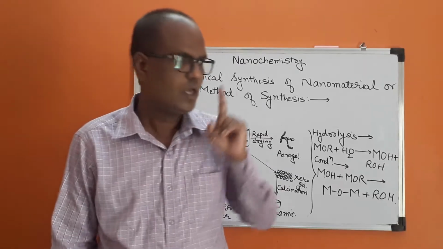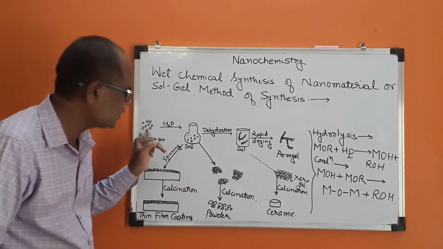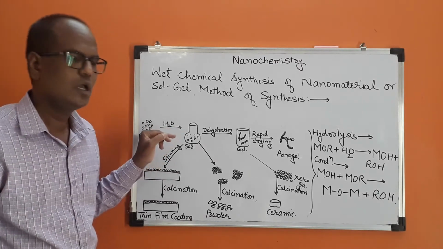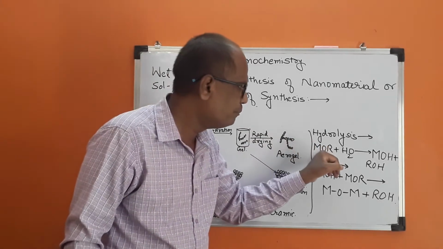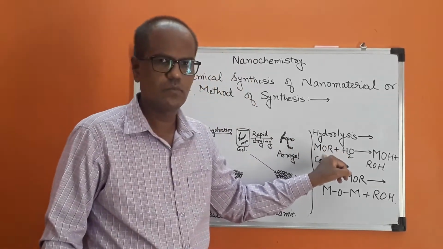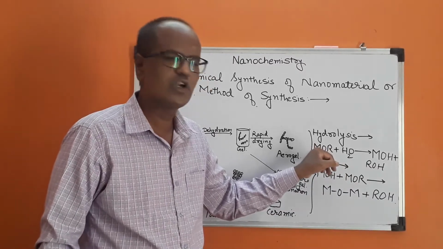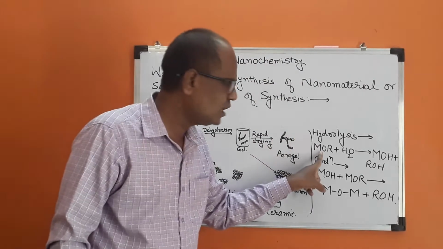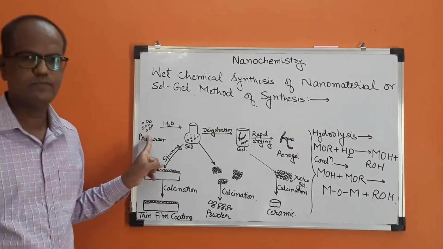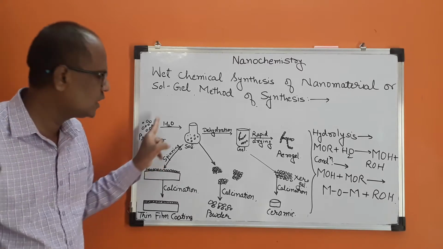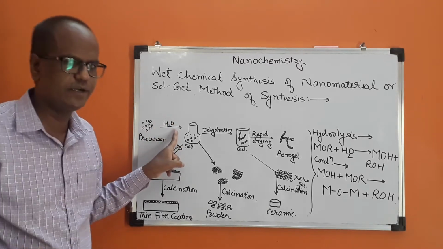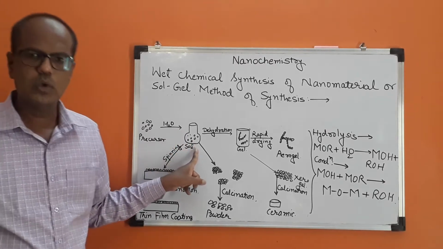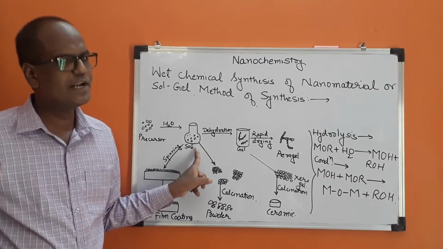Don't confuse the matter. I repeat once again. What we are doing is, we are taking first of all the precursor compound. What is the precursor compound? The precursor compound is nothing but metal alkoxide. For example, let me consider sodium alkoxide, sodium methoxide, or whatever it is. Metal alkoxide is taken as a precursor, and this metal alkoxide undergoes hydrolysis, means water is added and the compound is shaken so as to form Sol. Sol is nothing but colloidal solution.